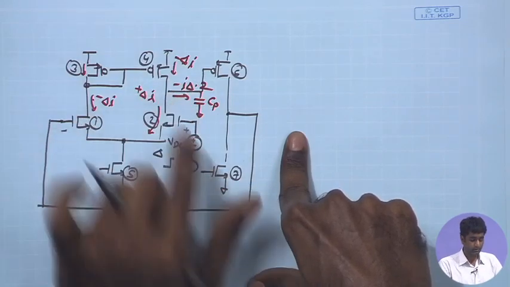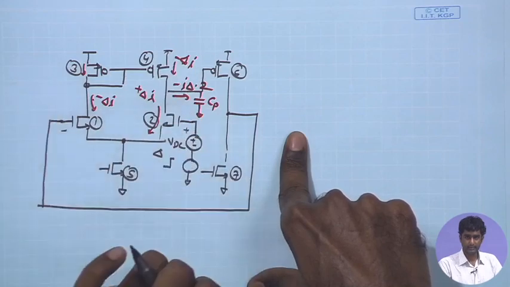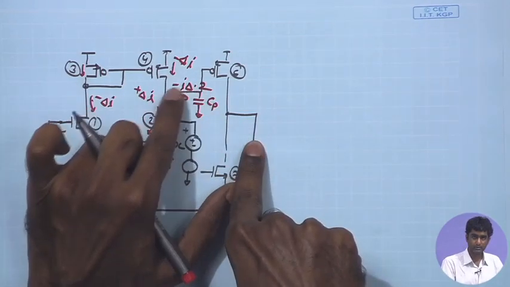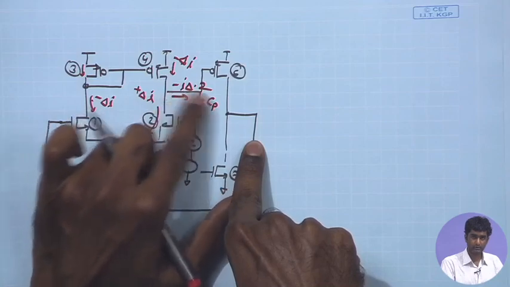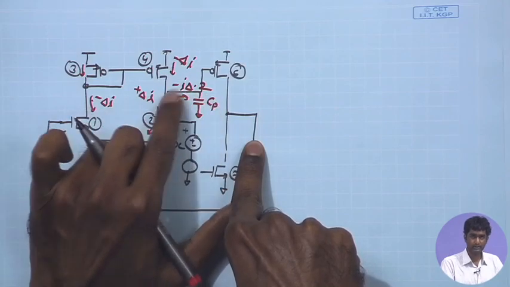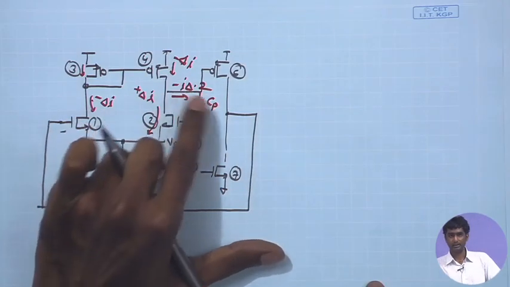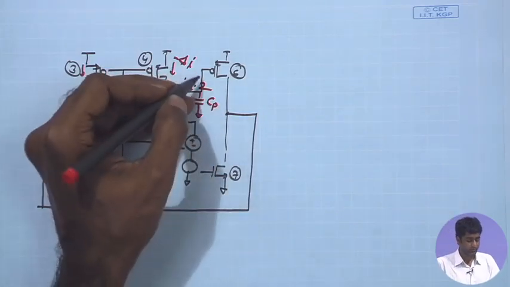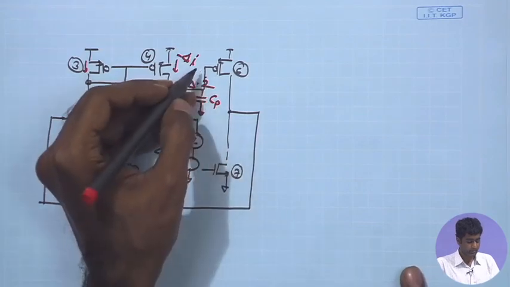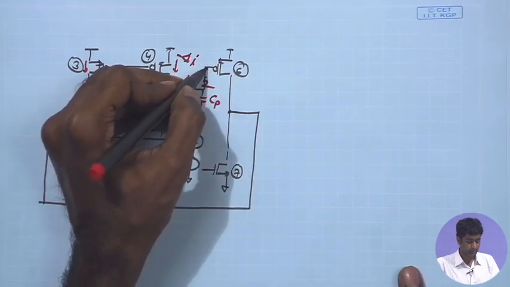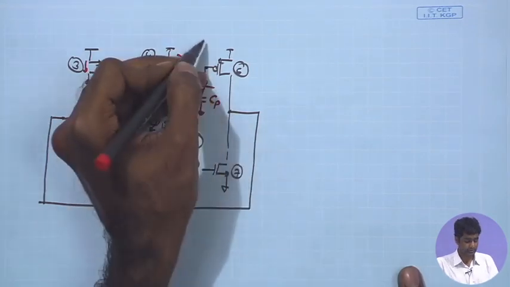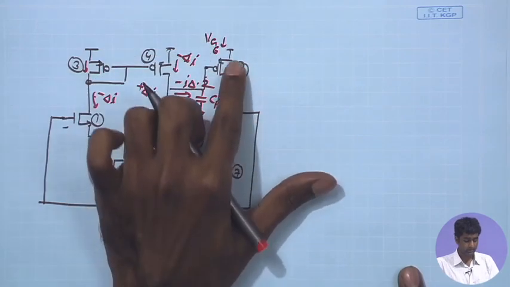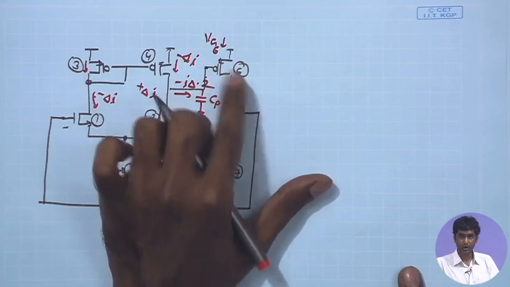And therefore, here at least if I look at these current directions, whenever the voltage over here is going up and this total current is positive in this direction, that is 2 delta I, that means the charge stored on the capacitor is getting dissipated and you are having the voltage over here reducing. And if the voltage over here reduces, that means the gate voltage of this M6 is reducing, VG6 is going down, and that means the current in M6 is going to go up,